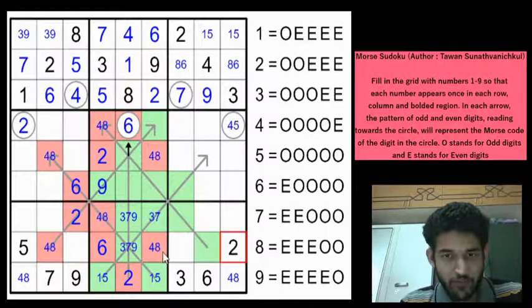And now we have marked 4 even digits in row 8, so rest of the digits are odd along that row. And again, column 3 has 4 even digits already, so these 2 digits are odd. And column 2 as well, so the rest of the digits can be marked as odd, because 2, 6, 4 and 8 have been marked.